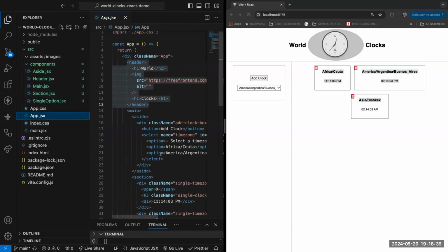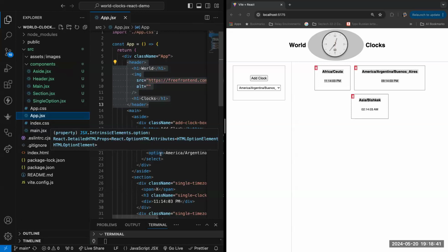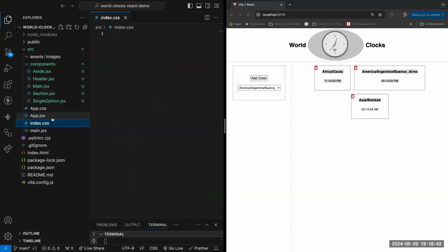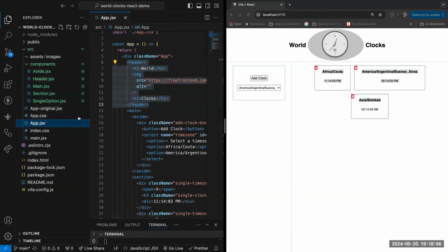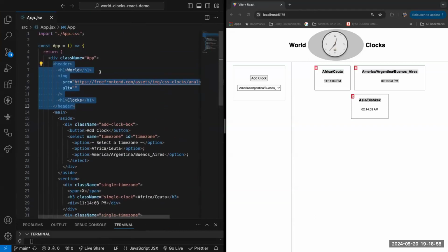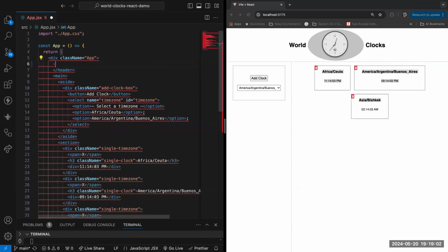And now inside my app.jsx, let me just copy paste, say original. Okay, just keep it in there. All right, cool. So now in that app.jsx, I don't need this header part. What I need is